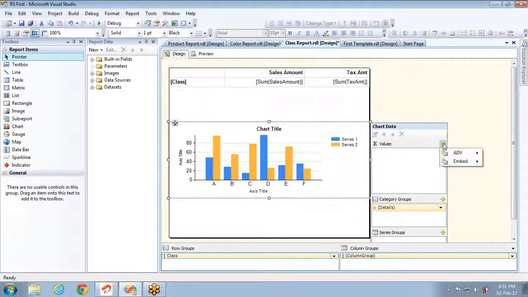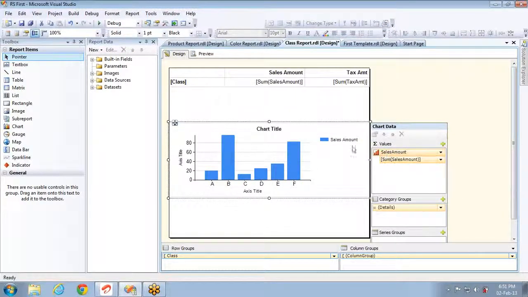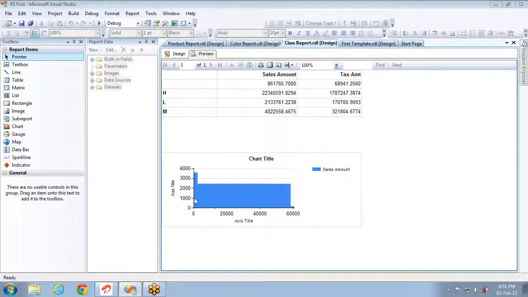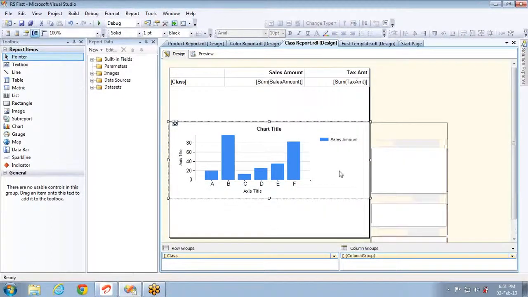As of now, there is no data set for this report. That's why it is showing all the connections and all the data sets present. So let me set sales amount. I selected sales amount, and it's better to see the preview by adding each and every property so that it will give you a clear picture. If I see the preview here, it is showing sales amount for all the products that you have. Sales amount some 3,000, some value for many products, and 2,000 plus. This is how the report can be designed.